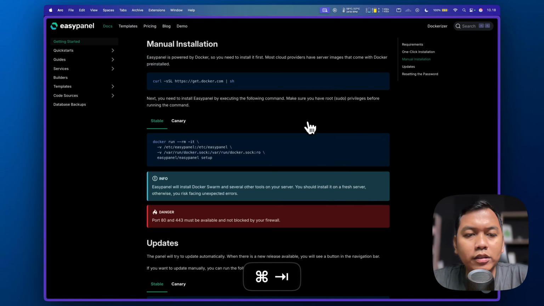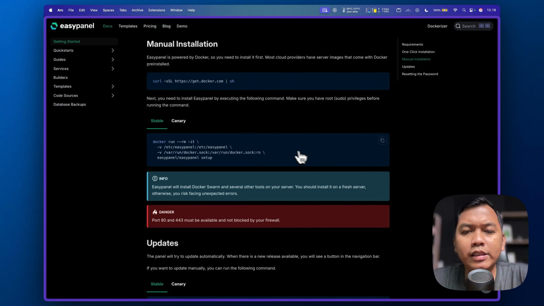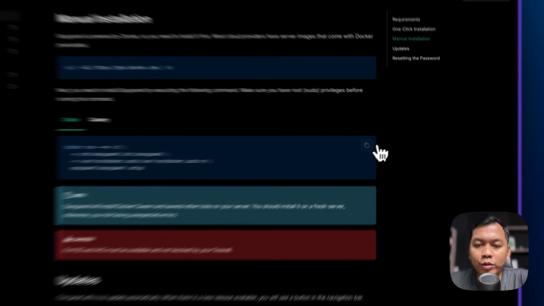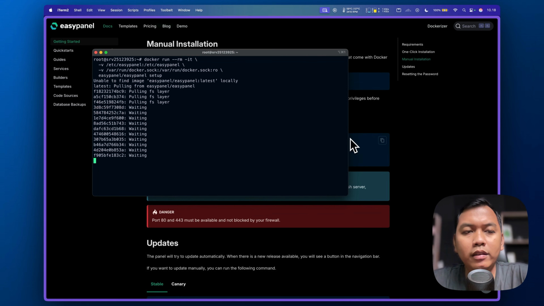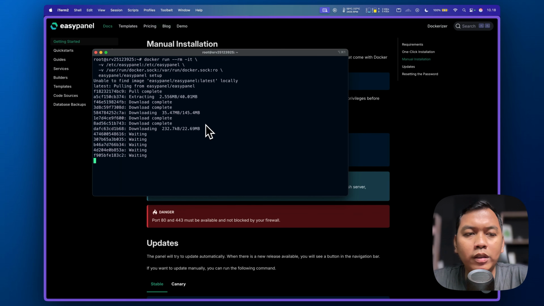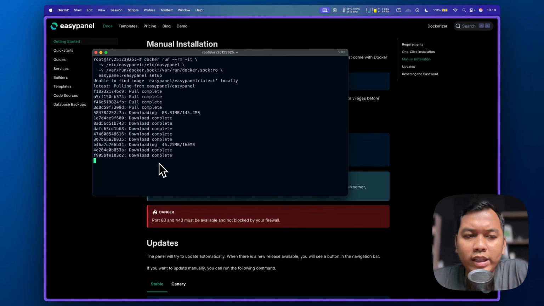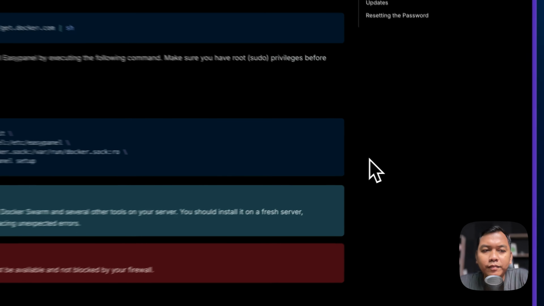And next, we need to select whether we want to choose the stable or canary version. But I prefer to use the stable version here. Just enter and then wait. As you can see here, full complete, downloading, extract, and then we can just wait until this process is done.